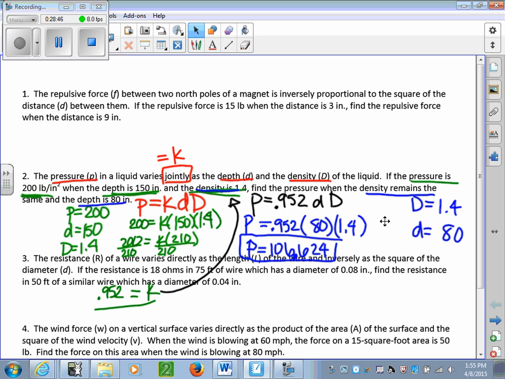These other ones are very similar to your notes on variation. If you go back to those notes on variation, the only difference are the numbers. So you can use those as a guide to do the rest of these variation problems. That should help you. This middle one, make sure you know how to do this one. It's very important. And that should help you out. So that's it. Finish that review, study for your test, and